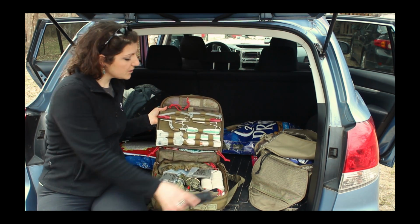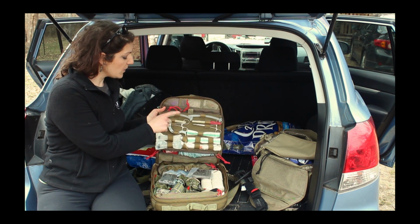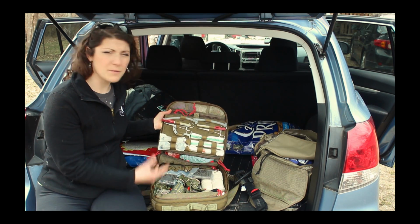I also have in here airway components, basically things here to manage an airway. I got NPAs here. I also have a needle for decompression of tension pneumothoraxes, and these major items,